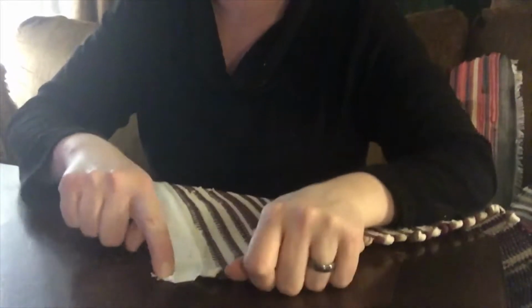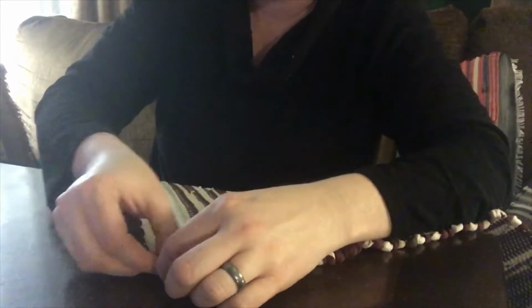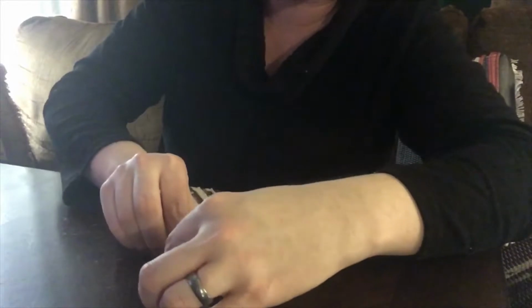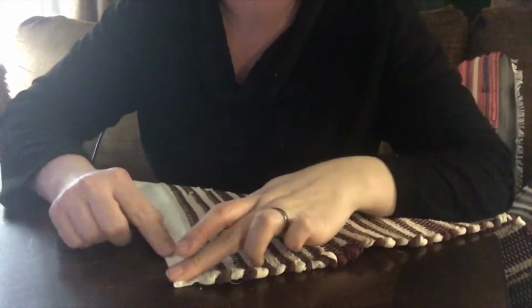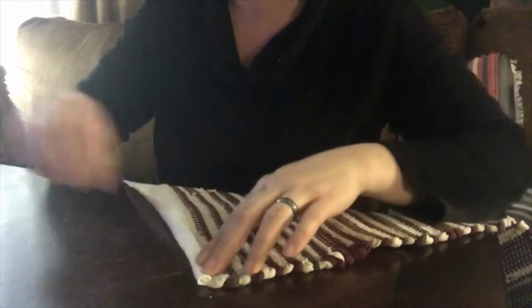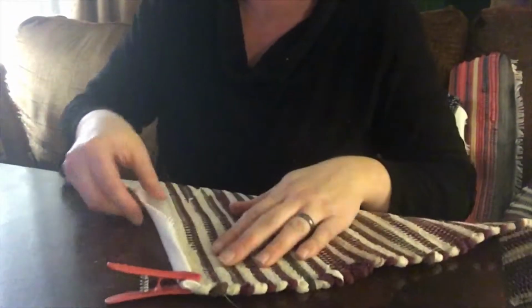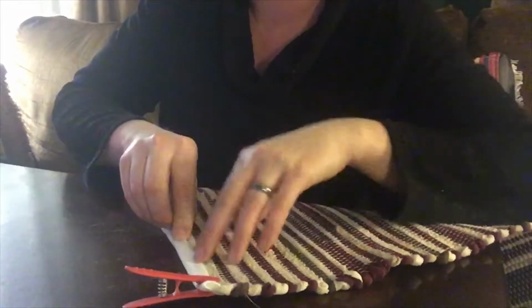I finger press and fold the corner in just a little bit. Fold it in half, 1/3 of the way. You can see the other 1/3. Either start sewing, or I'm going to clip it and then fold it the rest so everyone can see. If you're beginning at it, I recommend...